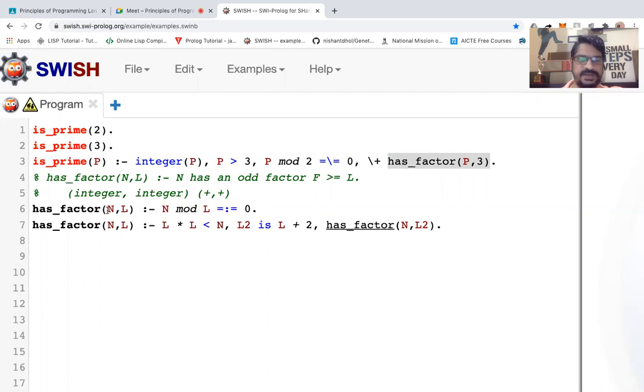हैश फैक्टर का लॉजिक है, हमारे पास वैल्यू n रहेगा, वैल्यू l रहेगा. So n is a odd factor f, and this particular factor should be greater than equal to l. Now यहाँ पर हम लोग क्या करेंगे, पहले उसका मॉड्यूलस निकालेंगे. इक्वल टू 0 है क्या, अगर है तो उसका फैक्टर है. मीन्स कोई भी इंटीजर अगर किसी दूसरे इंटीजर को डिवाइड कर देता है, इट मीन्स रिमाइंडर क्या होगा, 0. इफ इट इज अ रिमाइंडर 0 तो उसका फैक्टर है.